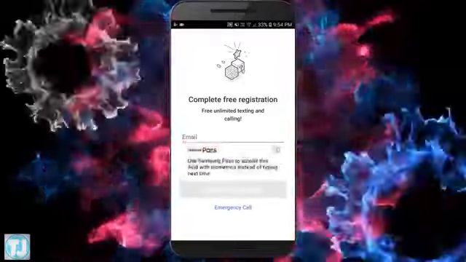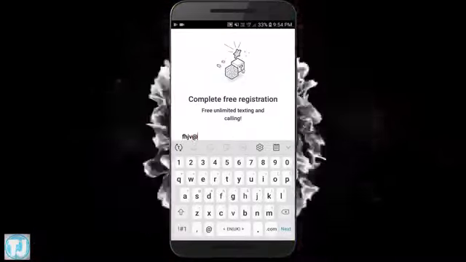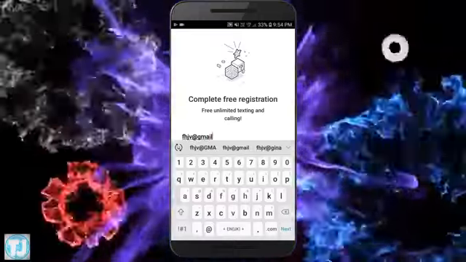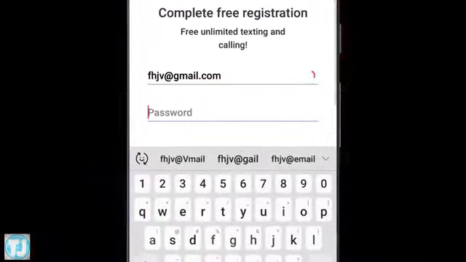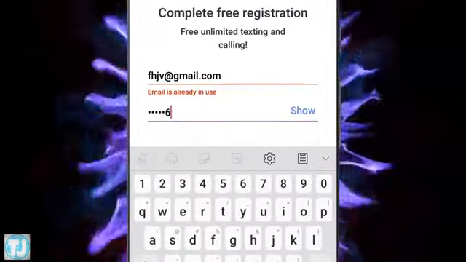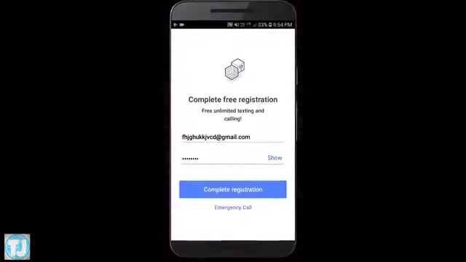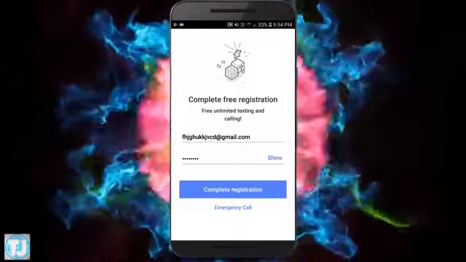And now you have to complete the free registration process, and there is also no need to provide your personal email ID here. You can enter any random email ID and password here. And now finally click on Complete Registration.